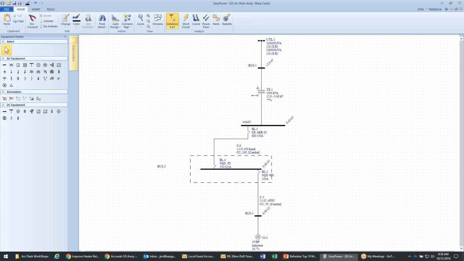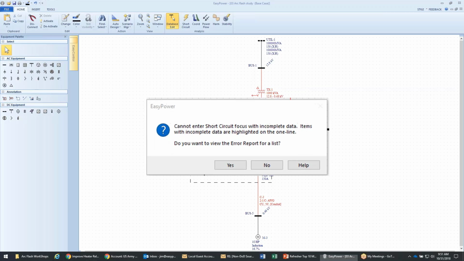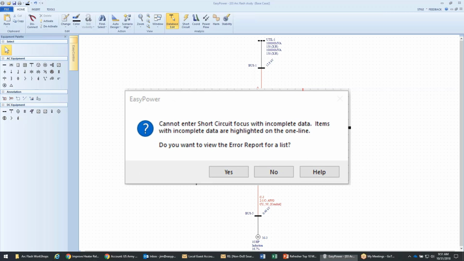What I recommend is to start with a very simplified one-line diagram from the utility source through however many layers of either different voltage conversion or protective devices, down to a typical load that you need to label. Make sure that you understand what data needs to be used in the tools to produce this report. If you go through and try to complete the study or utilize the tools, you'll find messages such as this,